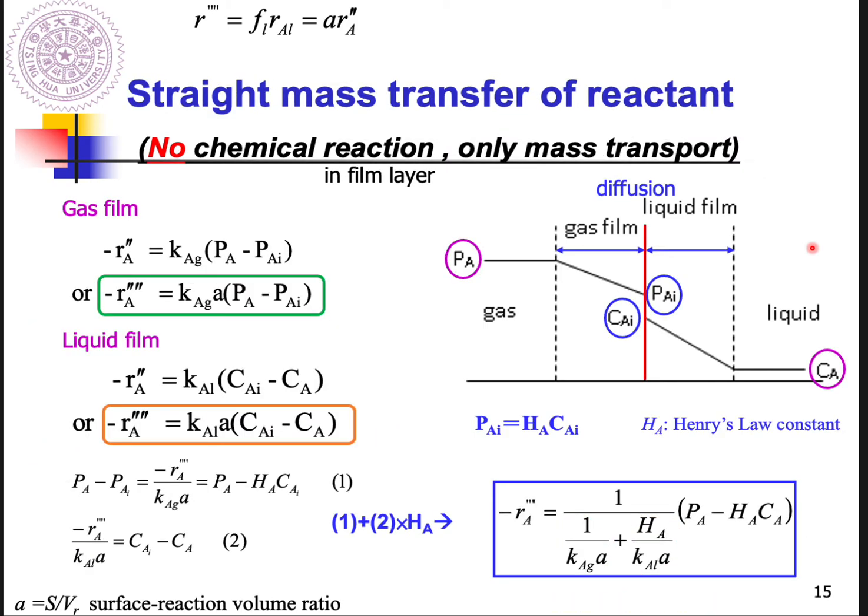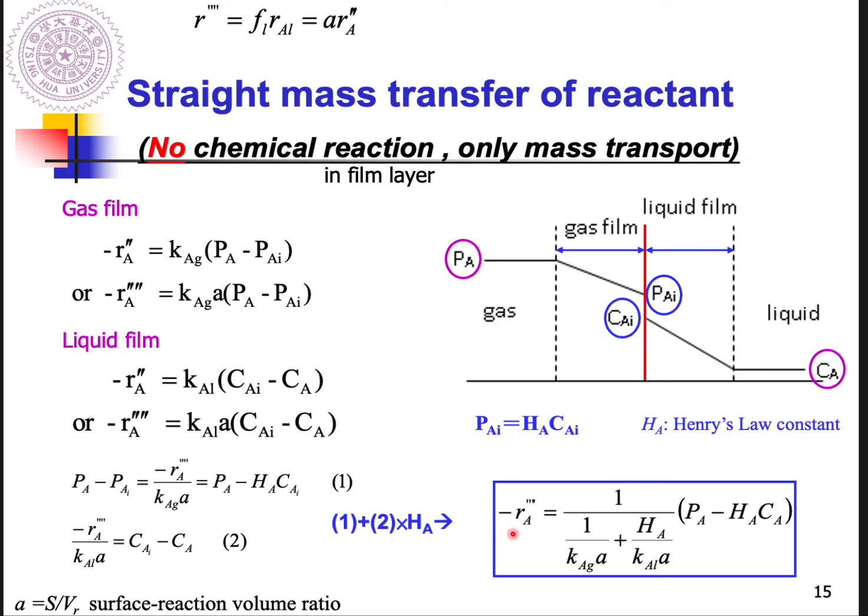So first of all, how to get the consumption rate of reactant A per reaction volume in this straight mass transfer case of reactant. There's no chemical reaction, just mass transport. So we plot the concentration as a function of location. This is gas A, this is the bulk liquid, and in between we get a film layer, gas film and liquid film. As we know, as long as A molecules enter the gas film, the concentration will decrease as a function of location, and we get